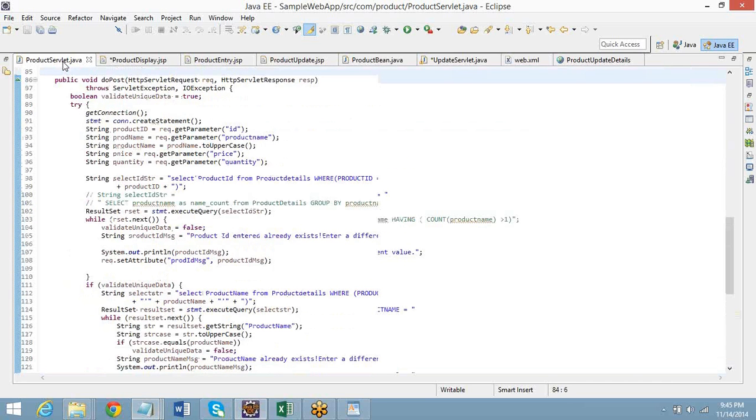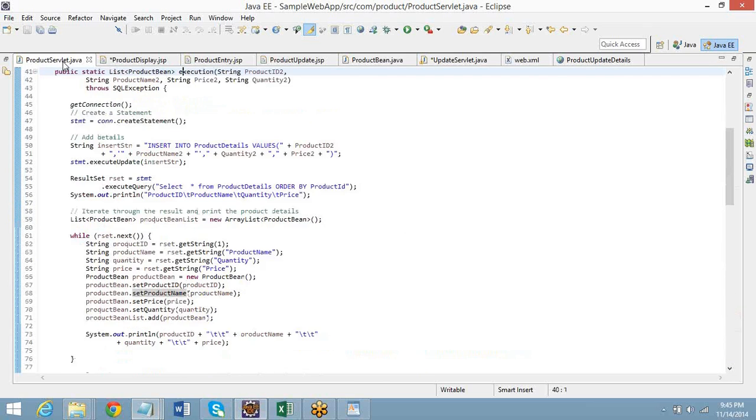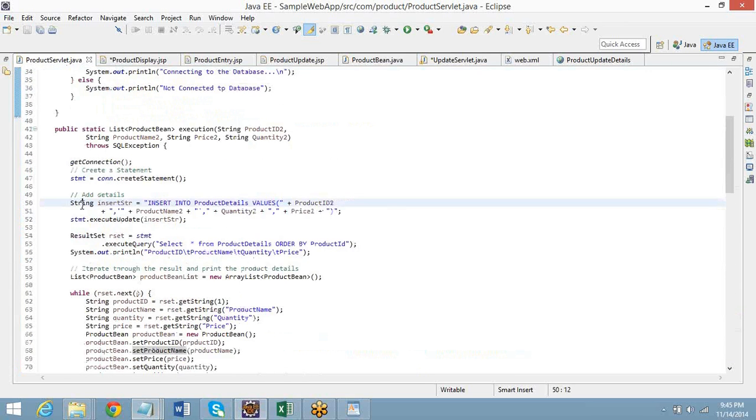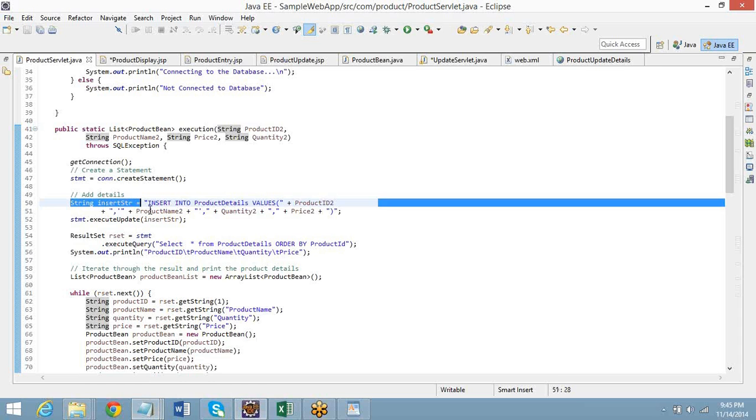It is not shown to me until execution. In the execution, I have inserted and selected. Copy this insert string. Copy it. Only lines 50, 51.